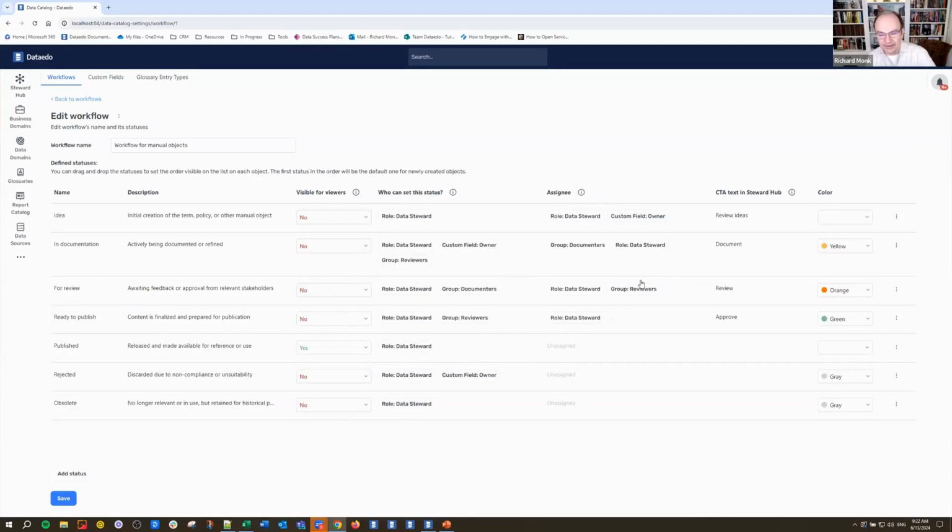So it's customizable already right now. Yeah, that is ready. These, for example, that group of documenters right there, I created that group specifically. I also created this group of reviewers. So you have a lot of flexibility here in who can do things, and what they can do within that visibility.